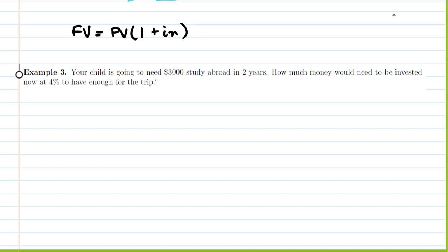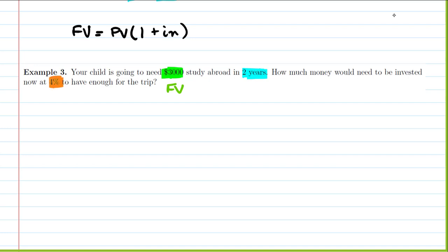All right, so to resolve this, we're going to be using the formulas we were just talking about. So if they're going to need $3,000 in 2 years, that's the future value, right? So our $3,000 that we see here is the future value of that investment, and we want to know, well, how much money do we need now? That's going to be the present value